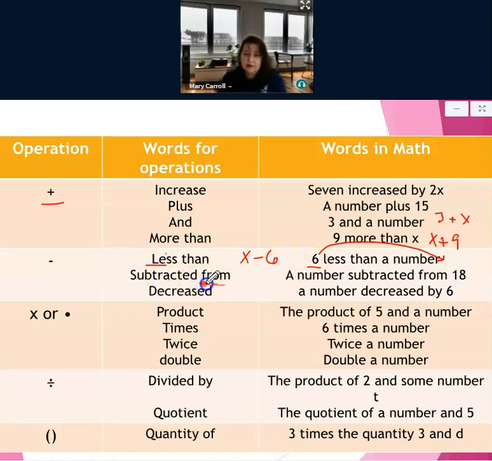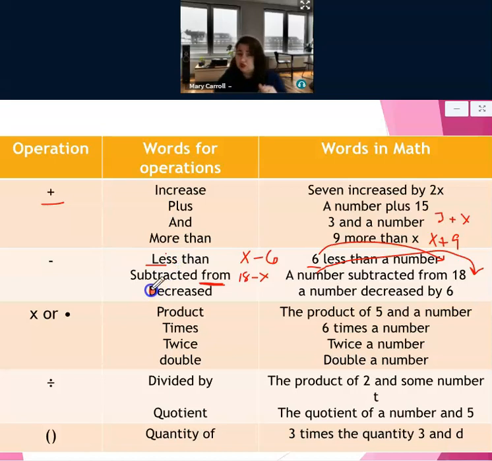Subtracted from. The word from is also a turnaround word. So that means the number, x, is going to be at the end. That's going to be 18 minus x, a number subtracted from 18. So I had 18 things and I took x away. All right, decrease: a number decreased by 6 actually is x minus 6. So those are the ones I need you to pay attention to, especially in subtraction,